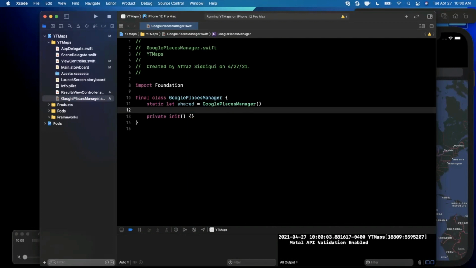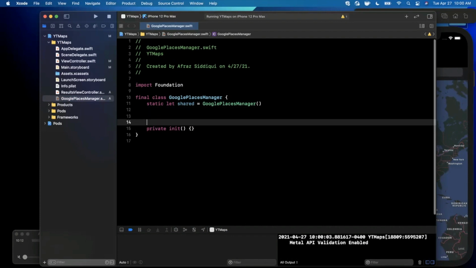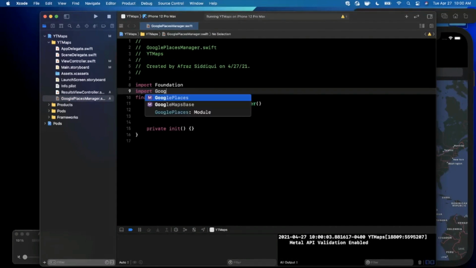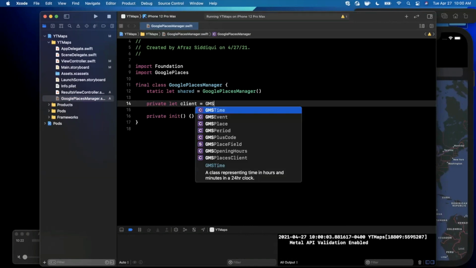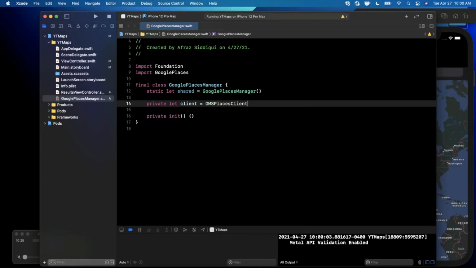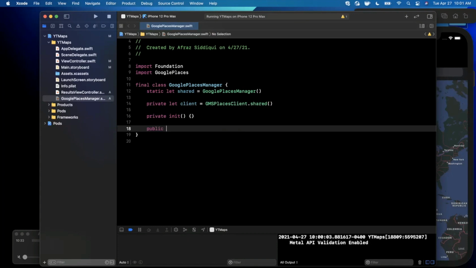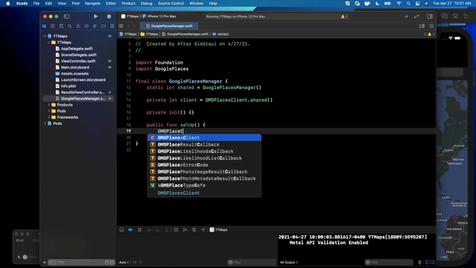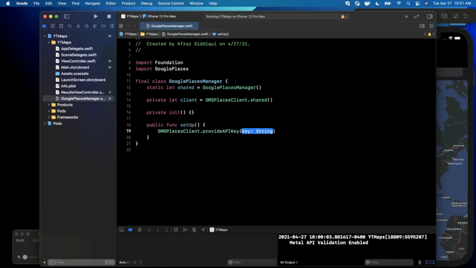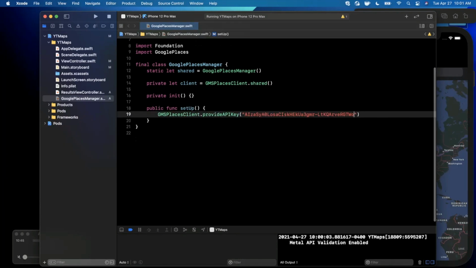And let's see what else we want to do. The other thing we want to do in here, of course, is import GooglePlaces. We're going to want to get the client for Google Places. So I'm going to say client is GMSPlacesClient, and we're going to say .shared. Google also gives you a shared instance. The first thing we want to add in here, function-wise, is something called setup. This setup function is going to basically allow us to provide our API key to the client. So we're going to provide our API key, and we're going to paste in what we copied from the